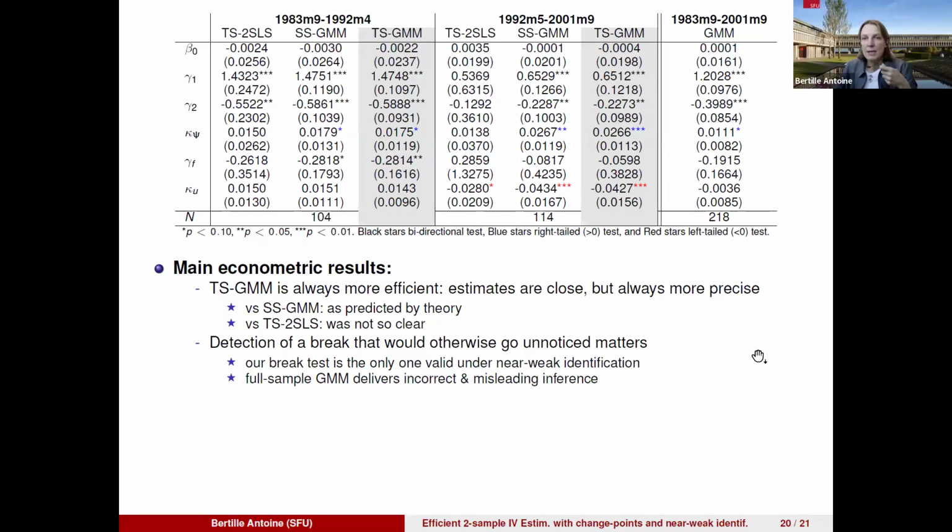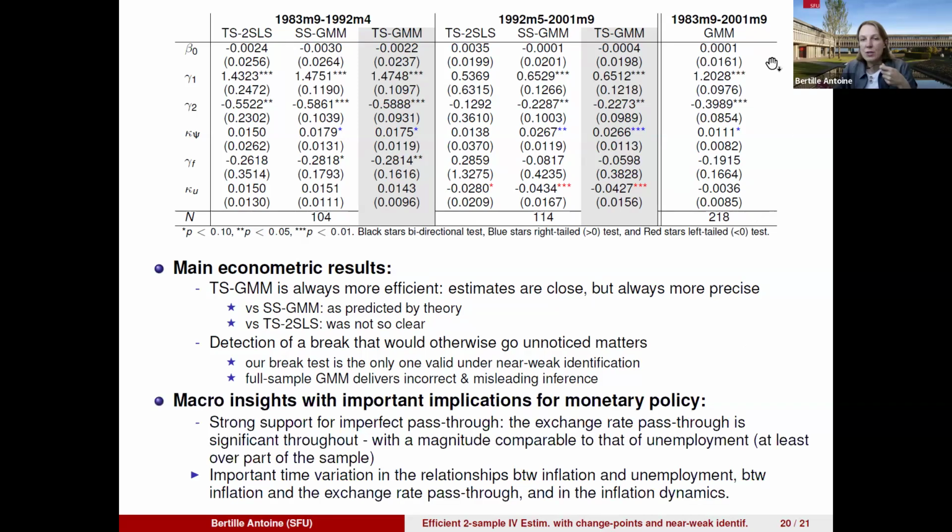Well, I would say two things. The first thing is that, to some extent, if you hadn't been able to detect your break, then you have that kind of flatness, especially with respect to unemployment, and here to some extent with respect to the pass-through, right? So in that sense, our results are somewhat consistent with what you would have expected.